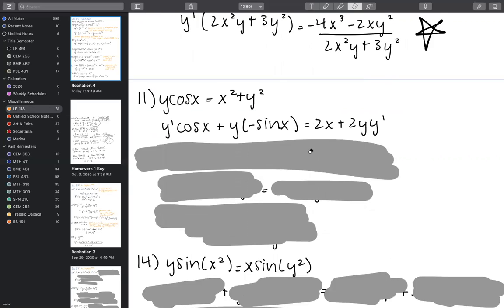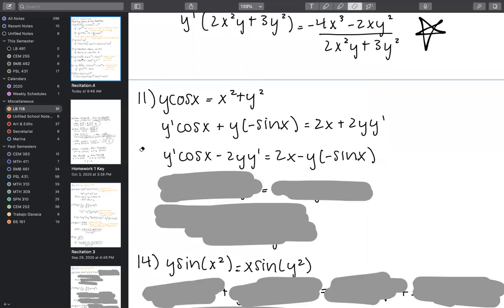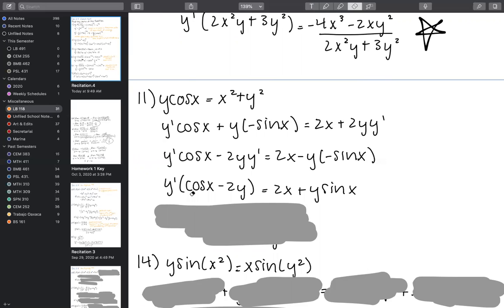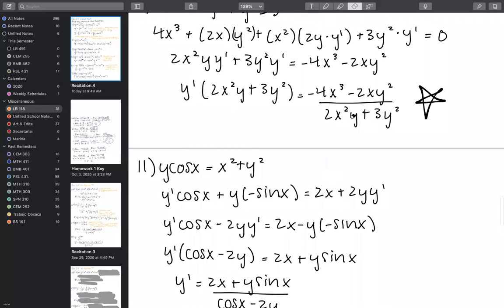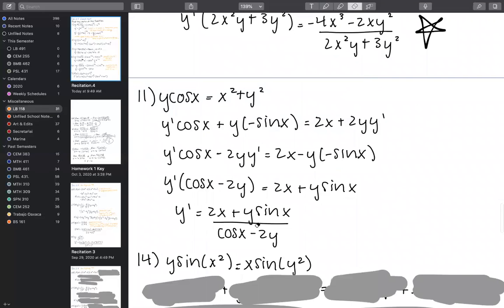And then we will get all the y primes on one side. We will factor out, and we will divide. And I did this one properly. I hope you guys can see the difference between what I did incorrectly here and what I did correctly here. But same methodology, even with trig, it's just breaking it down into its distinct parts. If it's chain rule, it's starting from the outside in. If it's product rule, it's isolating which is the quote unquote first, which is the second.